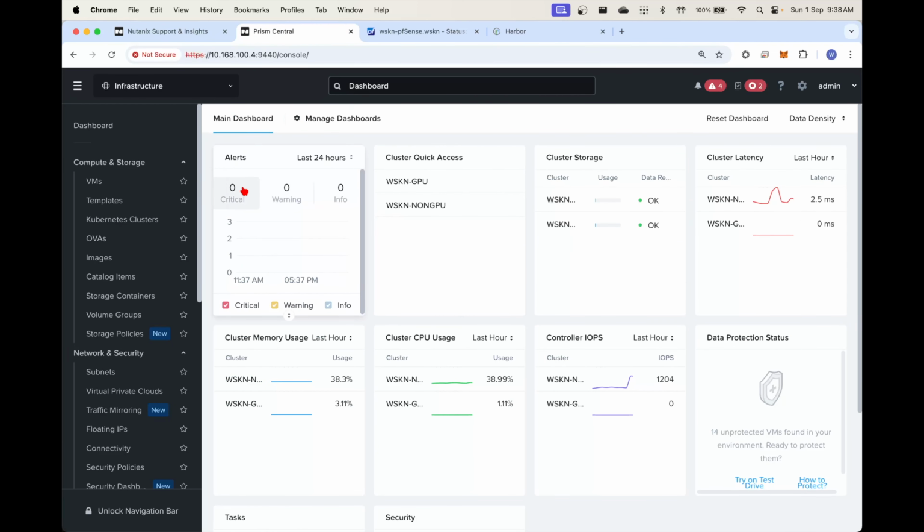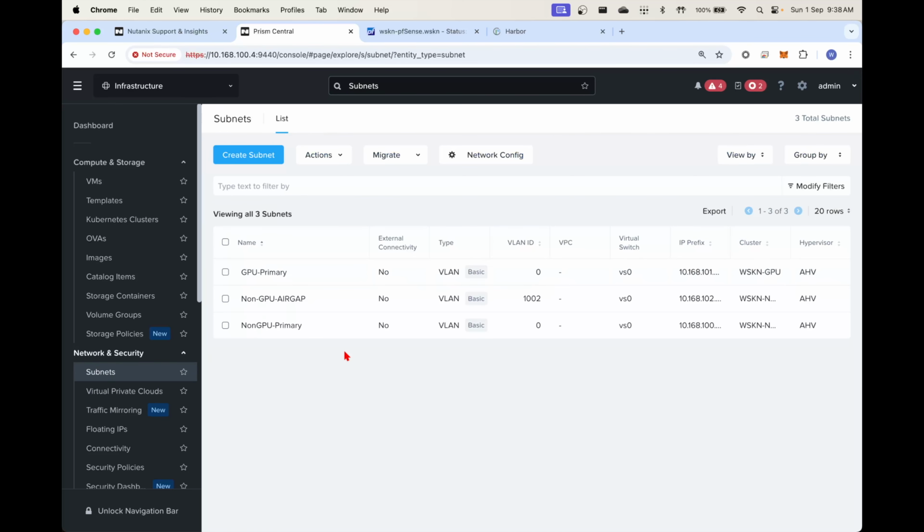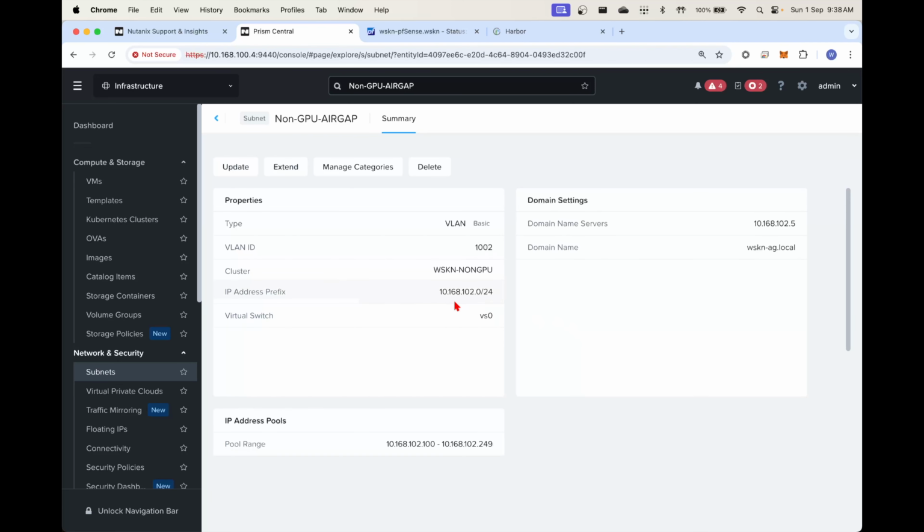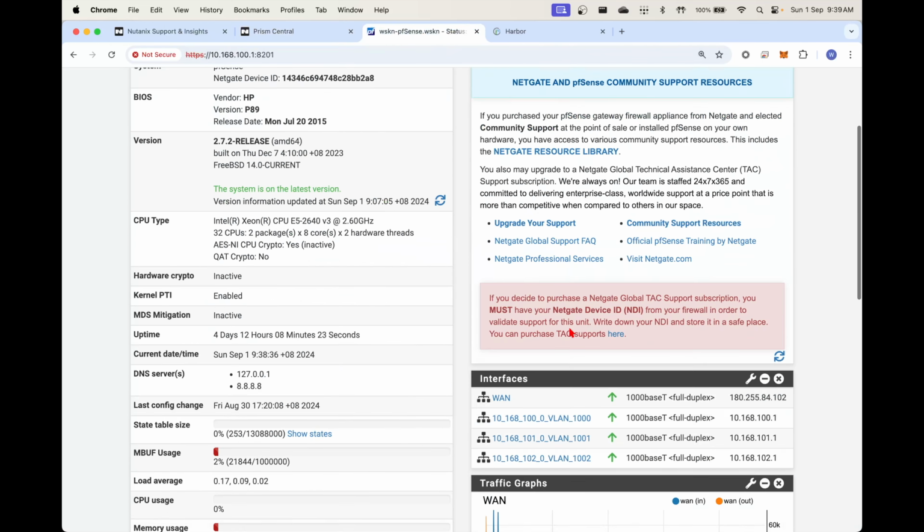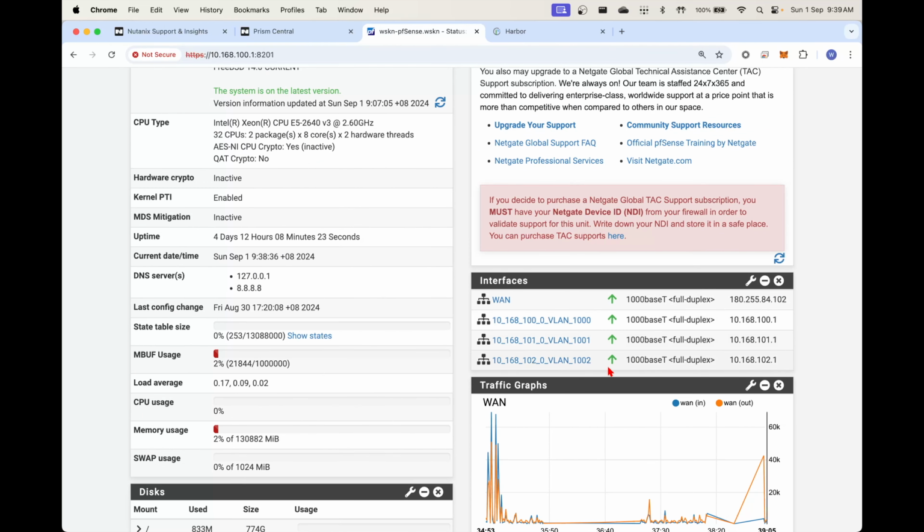Even inside my infrastructure, I have a couple of subnets. The subnet that I'm going to be deploying into today is the non-GPU air-gapped subnet. It's VLAN 1002, and it has the IP address subnet of 10.168.102.0. The gateway is 10.168.102.1. If I look in my firewall, I have an interface which is VLAN 1002, and the